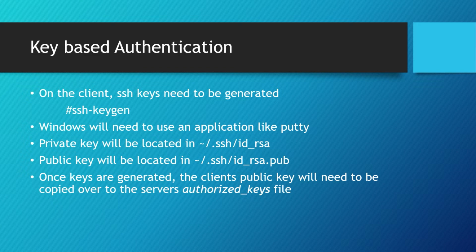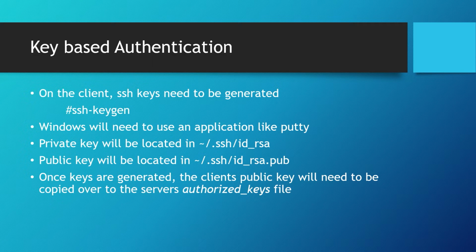Now, for key-based authentication, the first thing that we have to do is actually generate these keys. So on the client, you would run the command ssh-keygen. And once again, that only works for Linux and Macs. For Windows, you'll need to use another application. If you already installed PuTTY, that usually comes with an application called PuTTYgen, which will allow you to generate keys